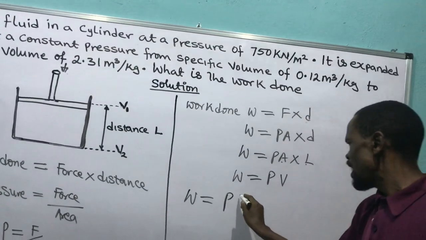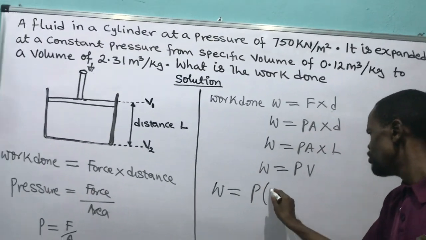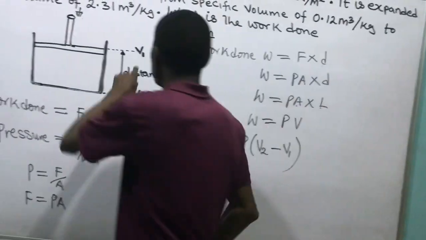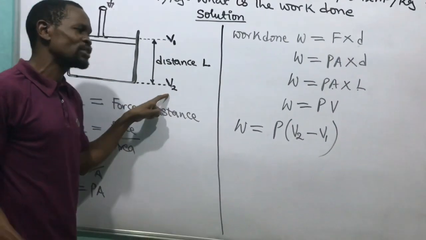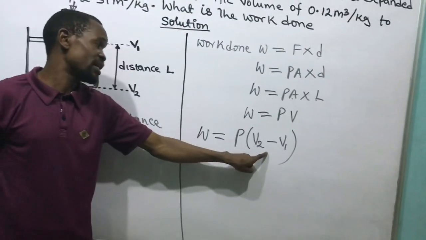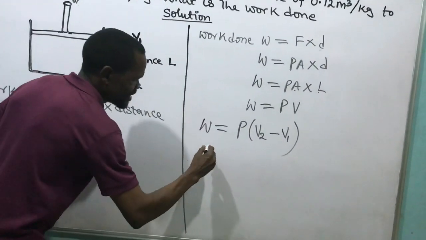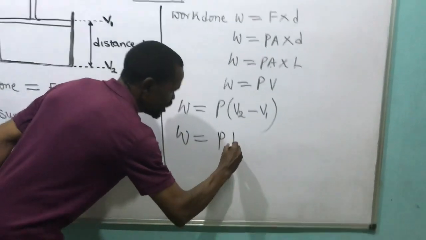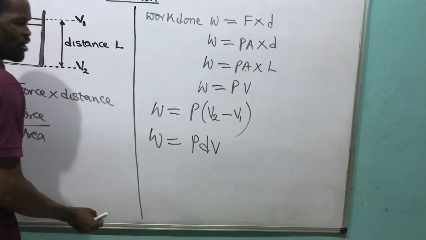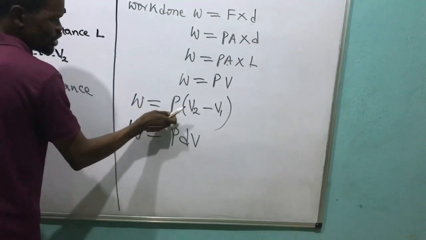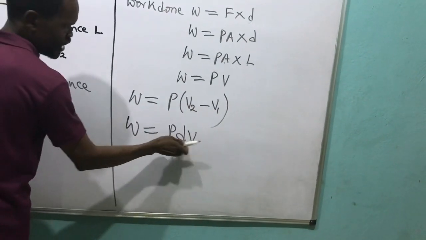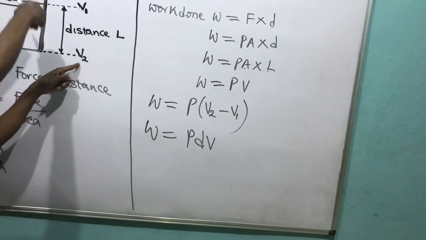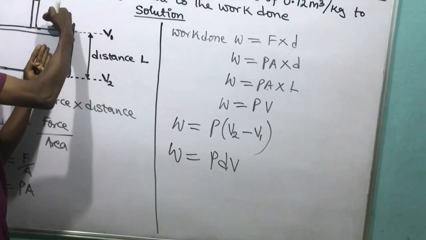Pressure times the difference in volume, V2 minus V1. That's me moving from V1 to V2, that's the change in volume. Are you getting what I'm saying? Therefore, I cannot say that work done is equal to PdV. Work done is equal to pressure times the change in volume, dV, from volume 1 to volume 2. As I'm pressing this piston, I sweep it through